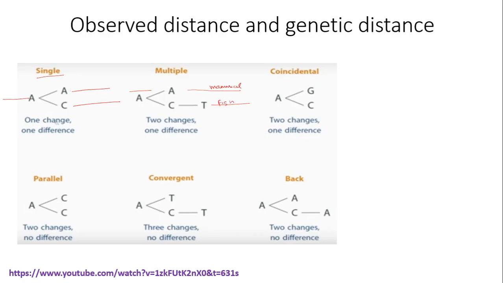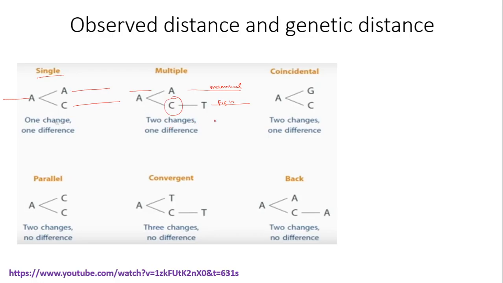and this sequence is from fish, right? We know that it was a very, very long time ago when the mammalian ancestor separated from the fish. This happened a very long time ago, and it's completely possible that multiple changes might have happened in this period. But we observe only one change. That is, in one sequence we have A and in another sequence we have T. We might miss out an intermediate change C that happened somewhere in the middle,